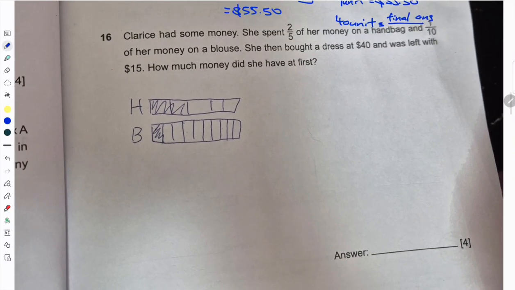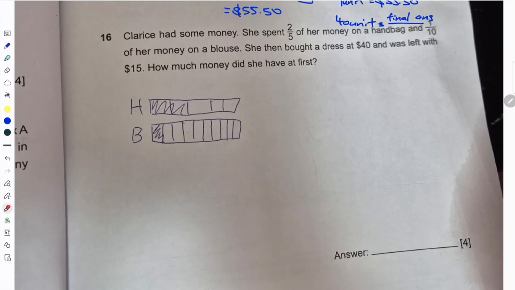Question 16. Clarice had some money. She spent 2/5 of her money on a handbag and 1/10 of her money on a blouse. She then bought a dress at $40 and was left with $15. How much money did she have at first? Okay, let's start with